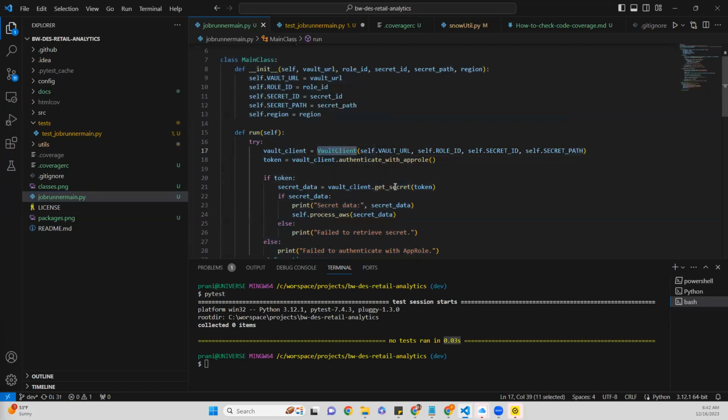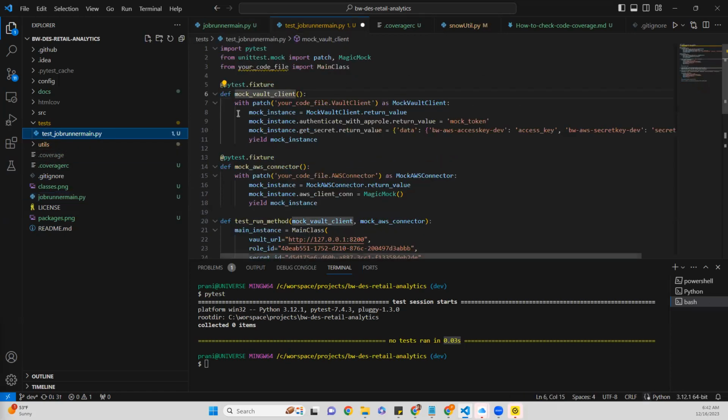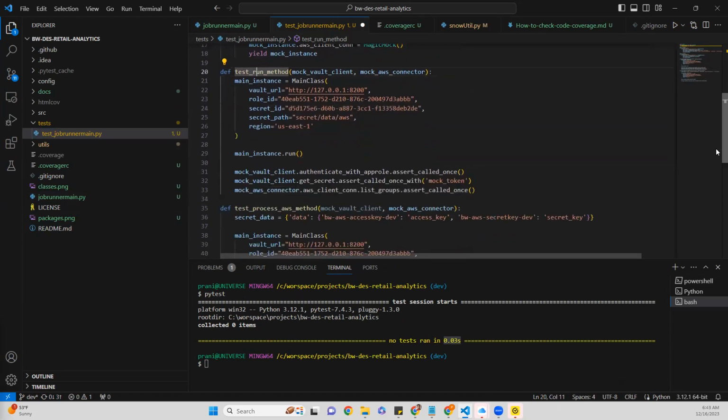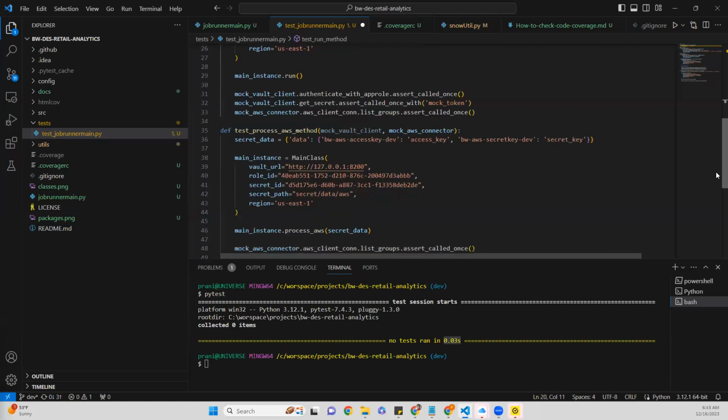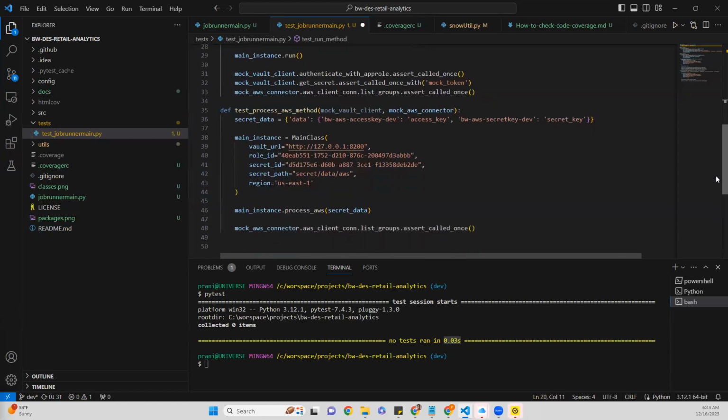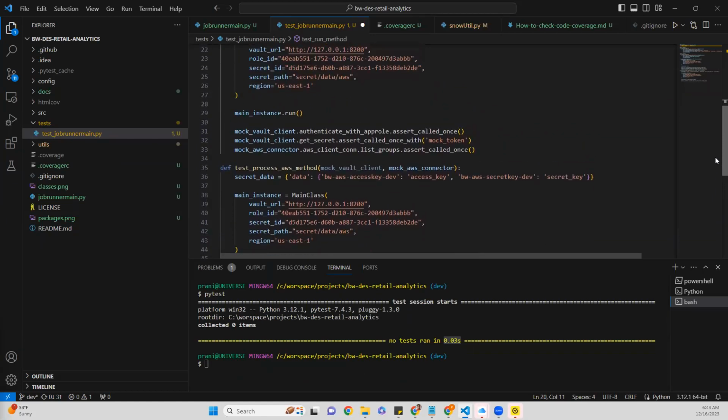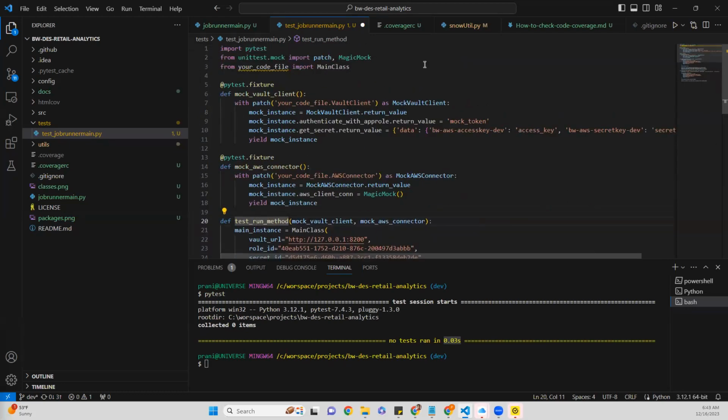This is the one. And you also have get secret, authentication, app role. All these things you're calling. So it is listing down mock vault client, mock AWS connector, mock run method. Whatever methods there are, it is mocking them. And each method has arguments, so it is passing those arguments and mocking it. So in your source